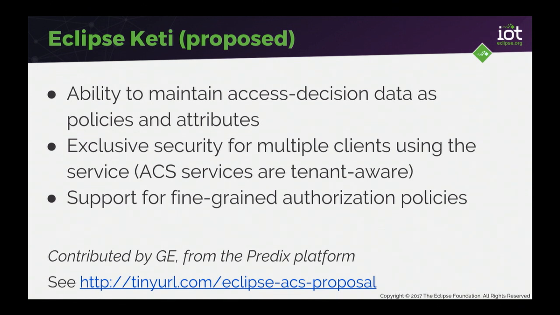and the ability to use these rules that are being modeled, to say, okay, I'm Bob. I am a data scientist, so I have the role data scientist. I live in Northern California. Dear Kapua or dear Keti, can I get a token to access this device, to read data from this device? And depending on whether you actually have the rights or not, you will get the token. So that's a really complete solution. You can go and check it out. The code hasn't been moved to Eclipse yet, but it's already on GitHub. It's called ACS for now, and it's going to move to Eclipse.